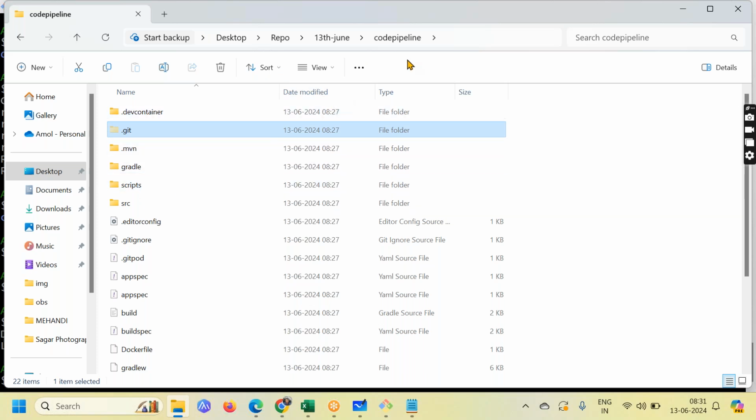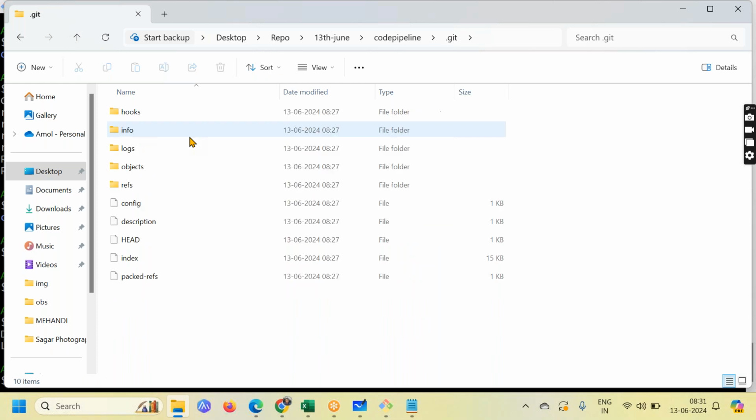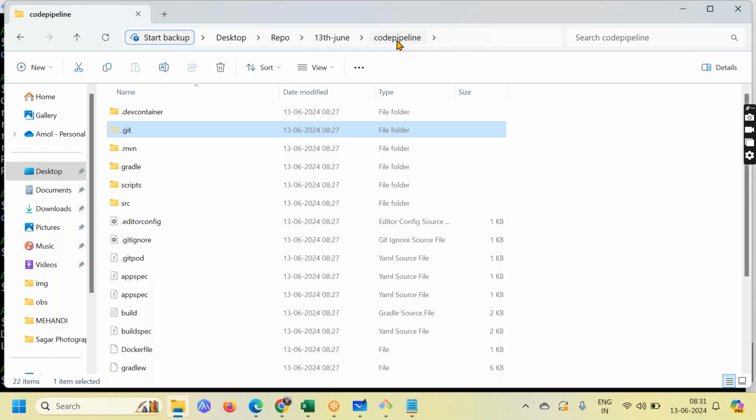Okay, we have cloned the GitHub repository. Inside a GitHub repository, you have this .git folder, and within it you have the information related to your GitHub folder. So you don't have to copy this. You can just copy everything else. Make sure that whenever you're copying things from one repo to another repo, and you might be doing it all the time,